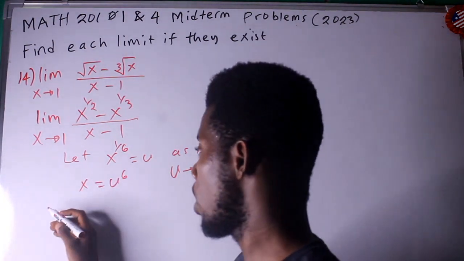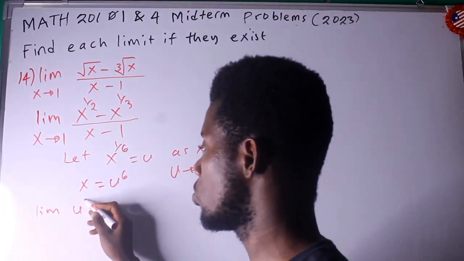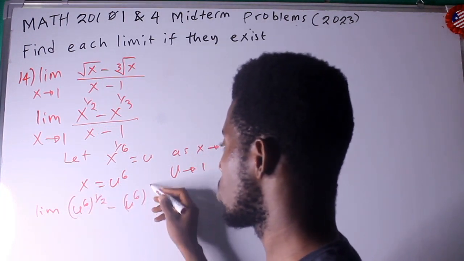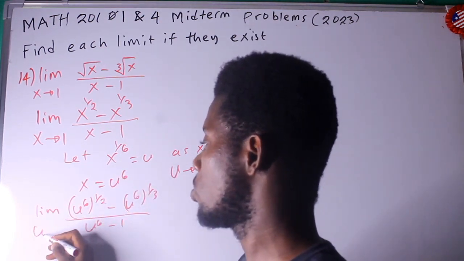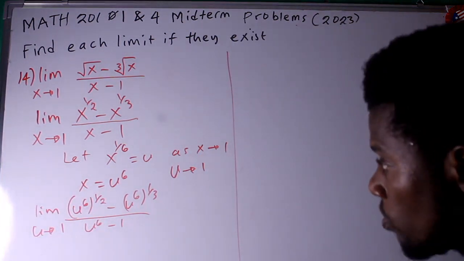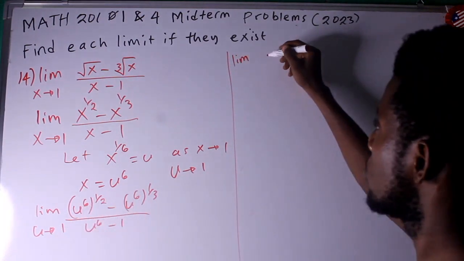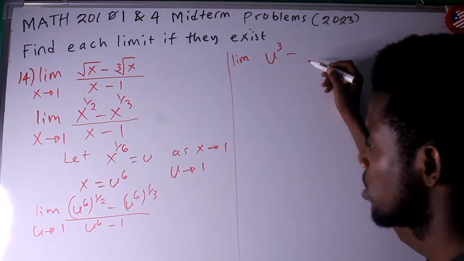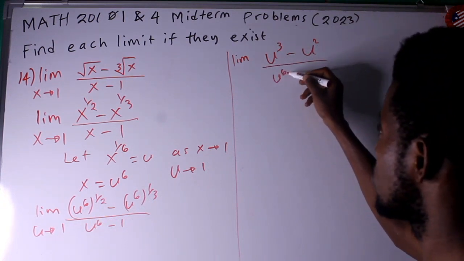So I move on and write the limit of x to the power half. Well, x is u to the 6. So u to the 6 all to the power of half, minus u to the 6 all to the power of 1 over 3, all divided by u to the 6 minus 1, as u approaches 1. Great. So let's move on to simplify. We have the limit of, this will be u raised to the power of 6 times 1 over 2, that's 3, minus 6 times 1 over 3, that's 2, so it's u squared over u to the 6 minus 1